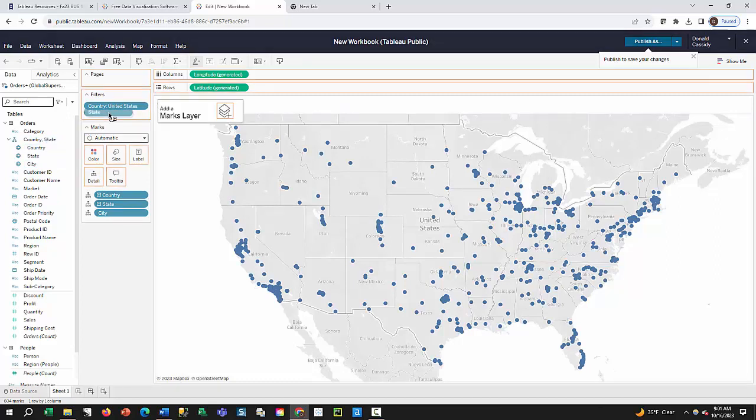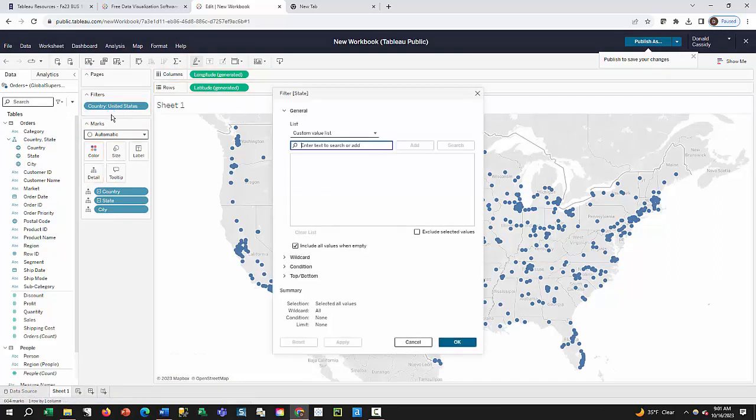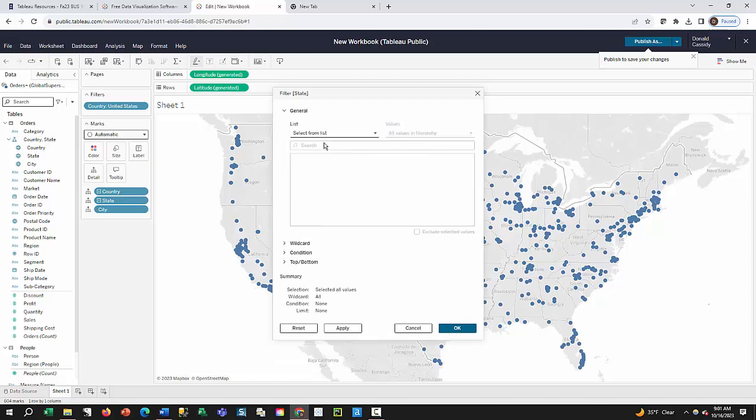I'm going to take that and put it beneath the country, and it pops this up. What this is, is a list, a custom value list. Click this and go select from list. I'm going to get rid of the all,